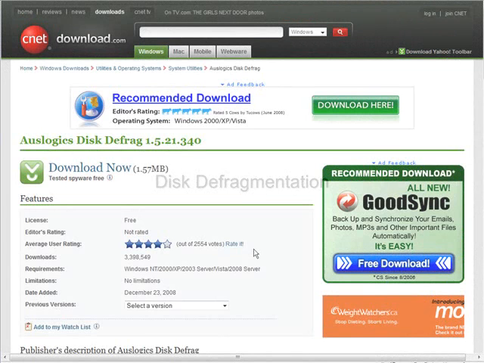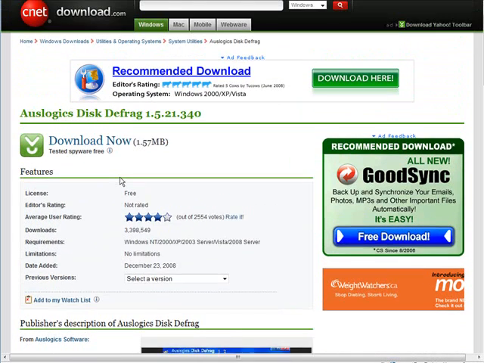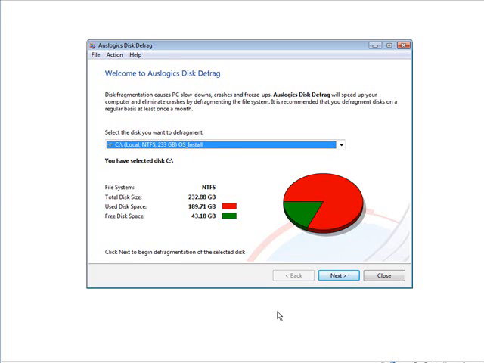Your disk head doesn't have to seek all over the place to find your files. So what we will use is OzLogic's disk defrag. Now the version you see may be different than the one you see on this page by the time you download it, but go ahead and download the most recent version. So just click on download and go ahead and download and install. When you run it the first time, this is the screen you'll see. It shows